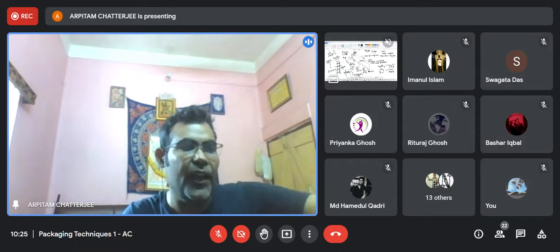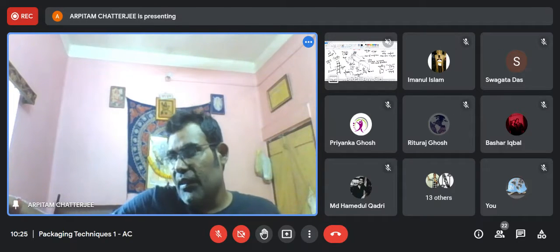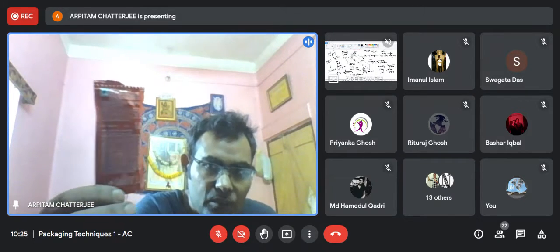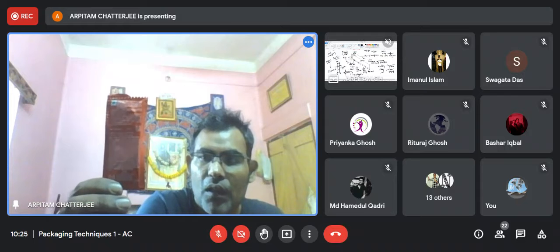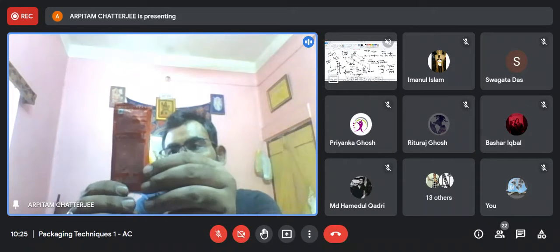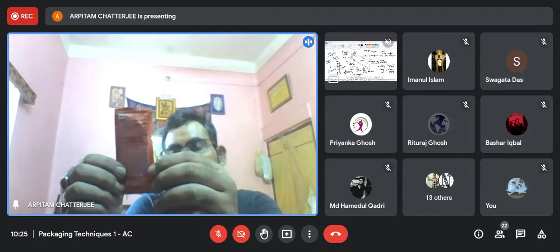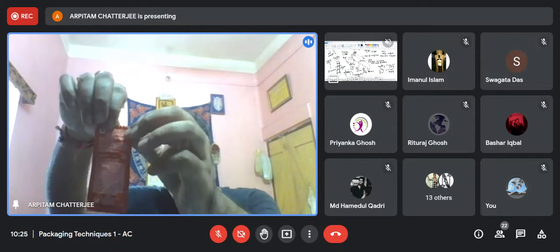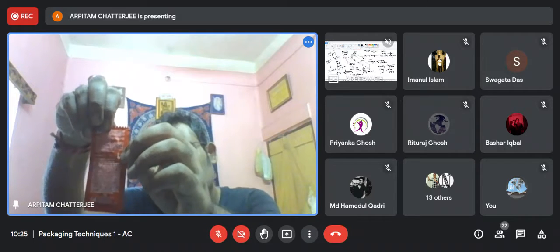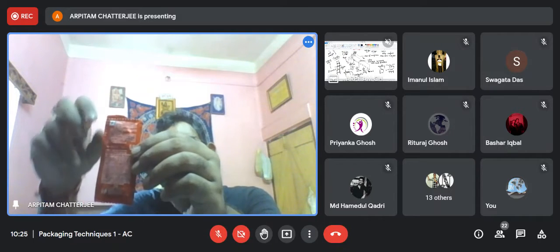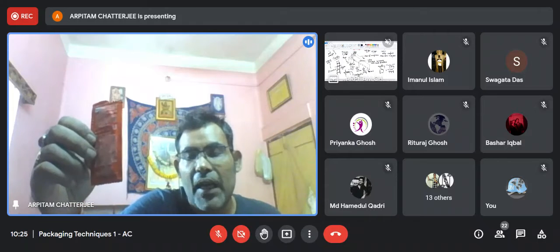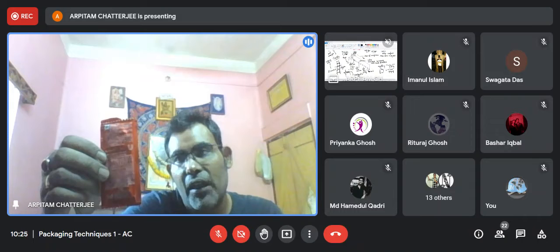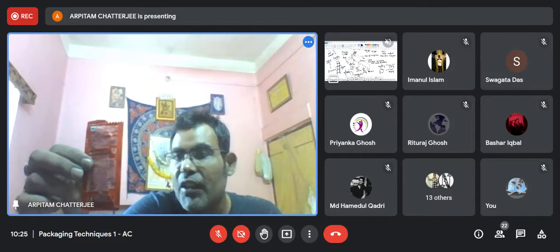So to identify the horizontal arrangement, this is one example. You can see this is a sauce pouch. Now in this case also you will see you have basically three seals. Okay, one seal is over here, one seal is at the top, and one seal is over here, this side. So this is one example which you can just think of. And if you see closely, then you can find out that there are three seals.